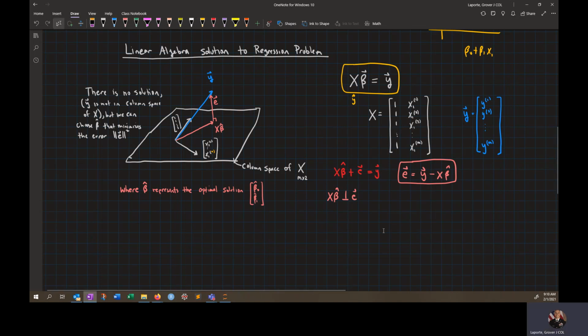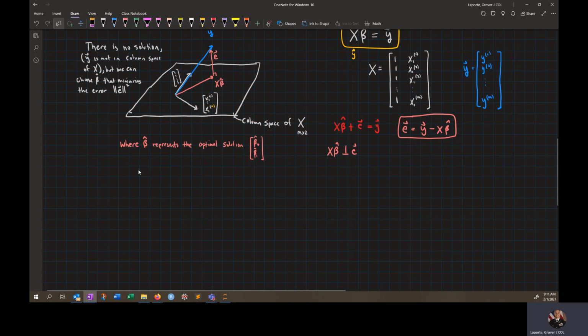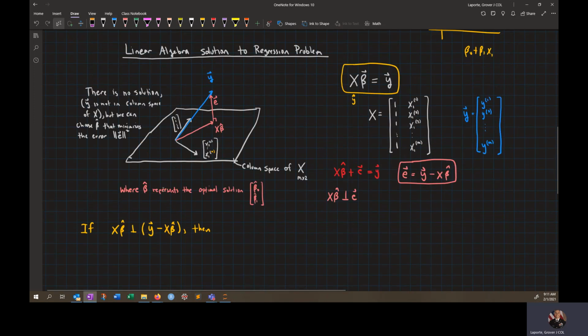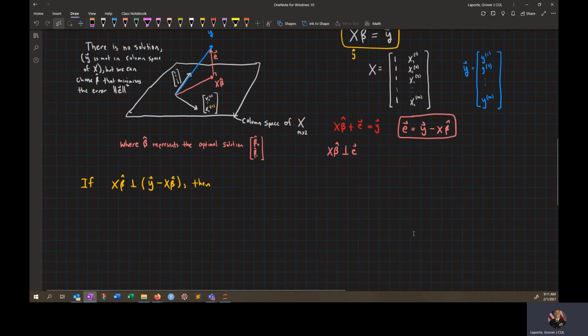I'm going to continue in this yellow color for a second. x beta hat is orthogonal, and now I'm going to substitute, instead of e, this thing that we solved for. If it's orthogonal to y minus x beta hat, then what can we do? This is what I just talked about. Because they're orthogonal, I can do the dot product between the two,